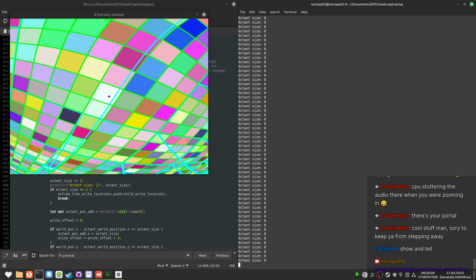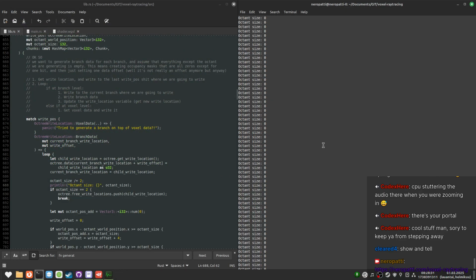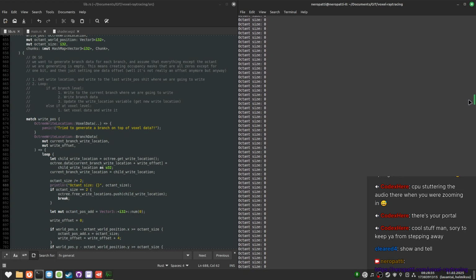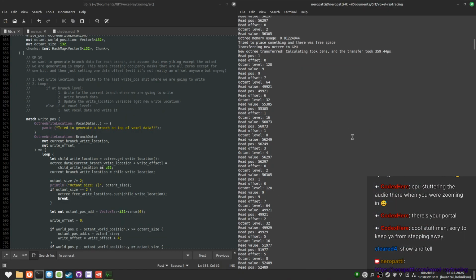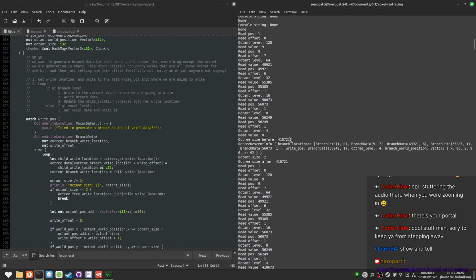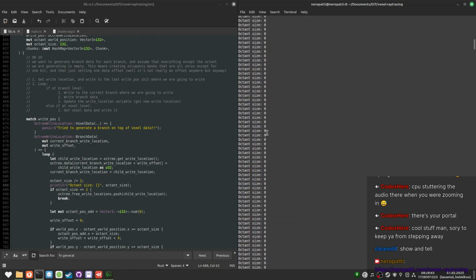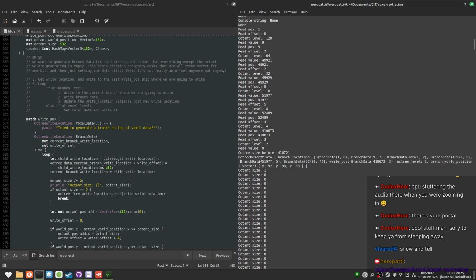Okay, octant size goes to 0. How do you go to 0? Start at 1? What? What do you mean it's 1? Huh?